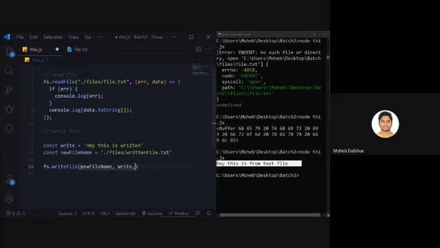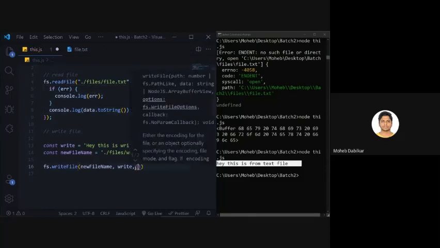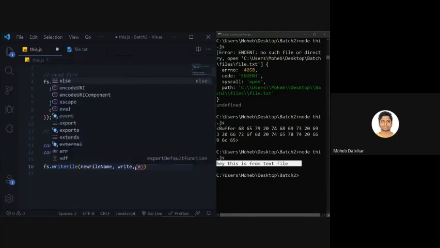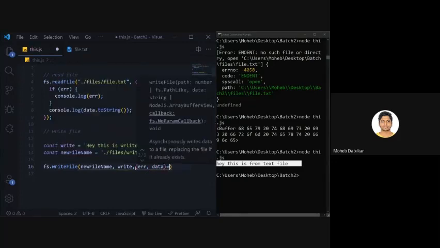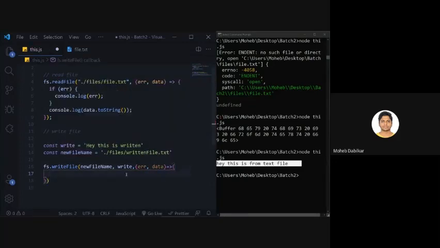So now we will say new file name. All right, and same as this guy, it also takes in a callback function, so we will have to give it a callback function, and that also deals with error and data. Okay, and then we will have to console log it, because it will just create a file and write inside that.